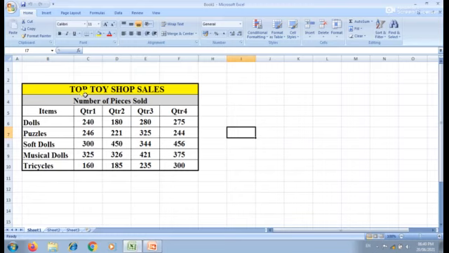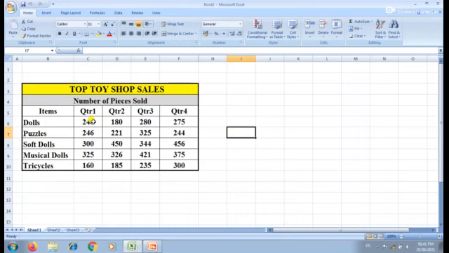Under it, many columns and rows are available: number of pieces sold, items, then quarter 1, quarter 2, quarter 3, quarter 4. Based on the items, the items are sold in different categories. That means dolls are available in 4 categories.